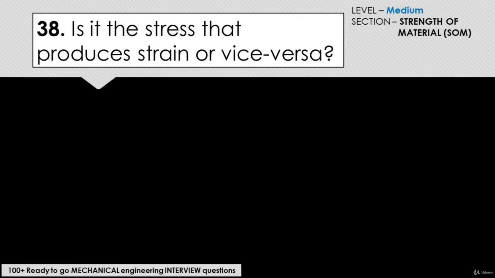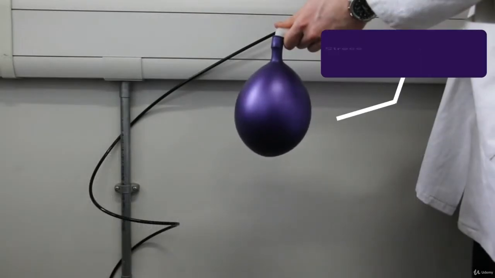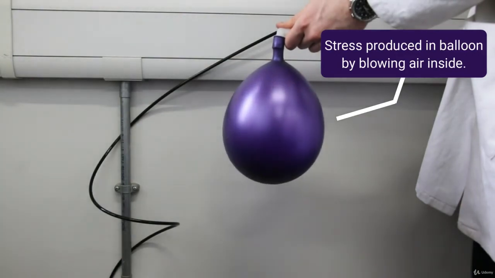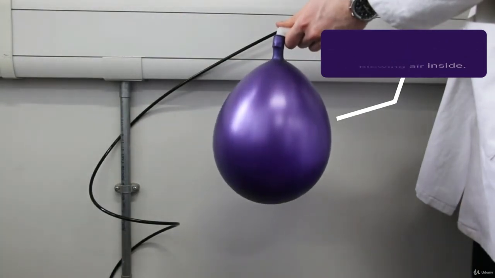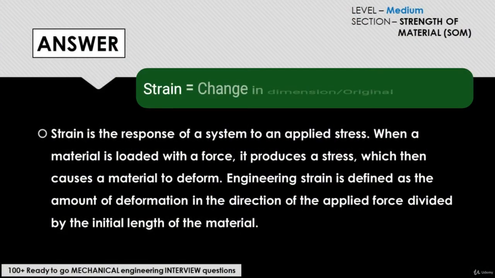Is it the stress that produces strain or vice versa? Strain is the response of a system to an applied stress. When a material is loaded with a force, it produces a stress, which then causes a material to deform. Engineering strain is defined as the amount of deformation in the direction of the applied force divided by the initial